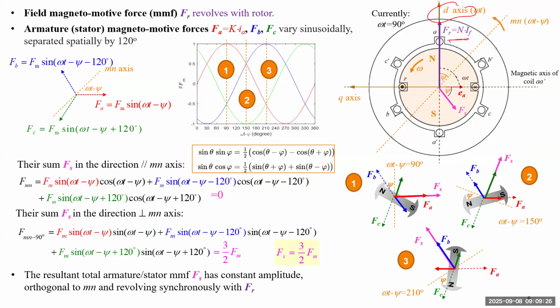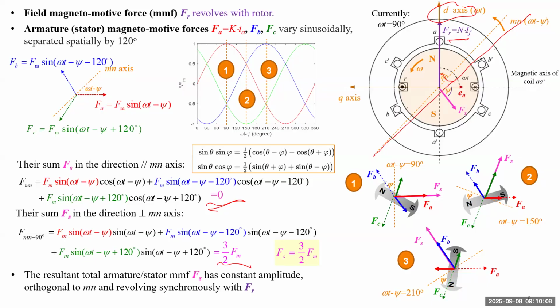So the sinusoidal currents together will generate a total magnetomotive force. We proved that if we calculate two components, one is in the direction of this axis, which has an angle psi, the power factor angle seen from the generator side for the rest of the system. Depending on the load conditions, this angle can be positive, negative, or bigger or smaller. But if this power factor angle is constant, then in this direction the magnetomotive force due to the stator winding is 0. But in the perpendicular direction, it's always